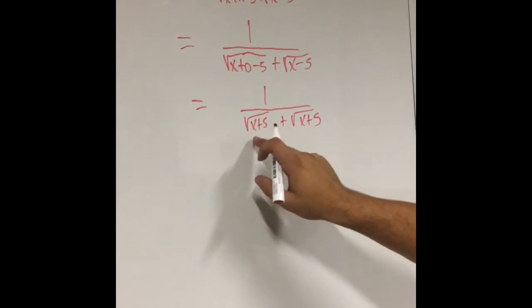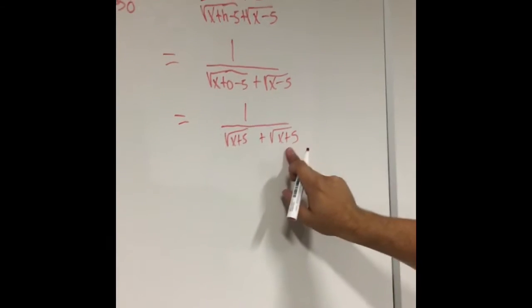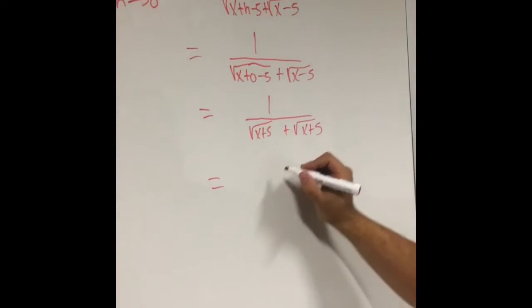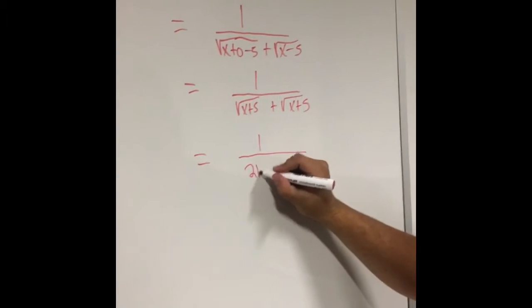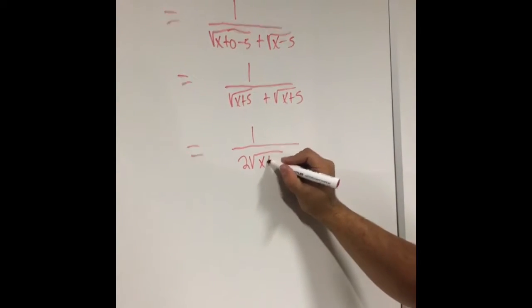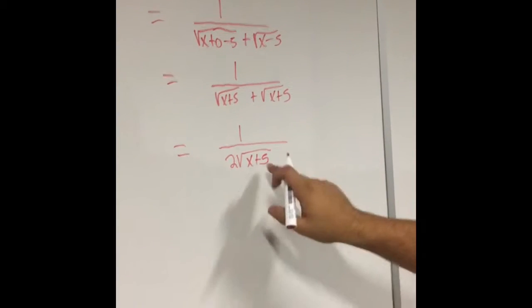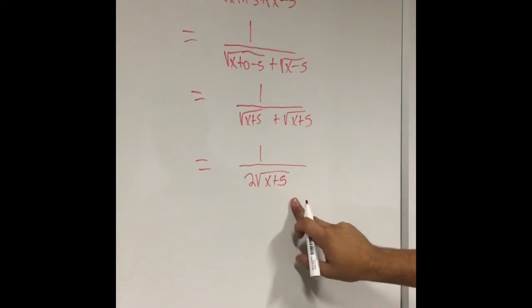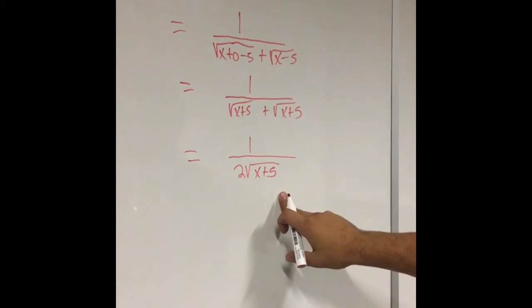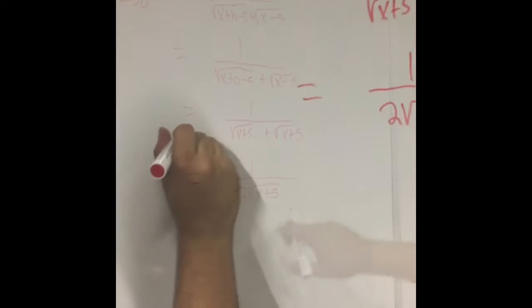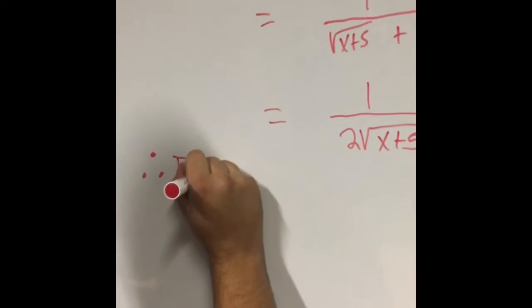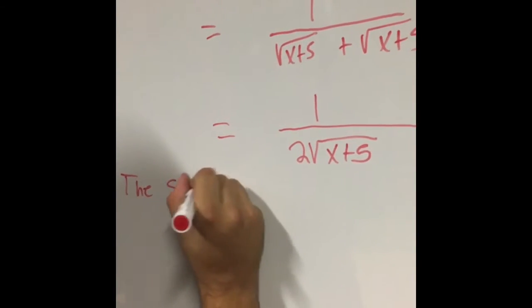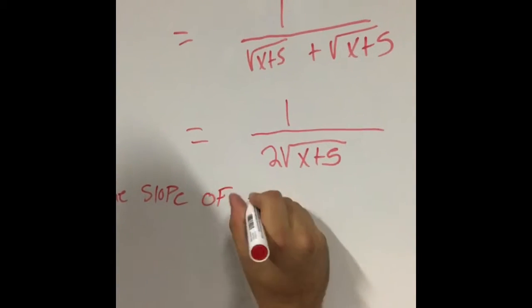And what we do is we just add root x minus 5 plus root x minus 5, which would equal 1 over 2 root x minus 5. And that would be our slope for the tangent line. Okay, so therefore, the slope of our tangent line